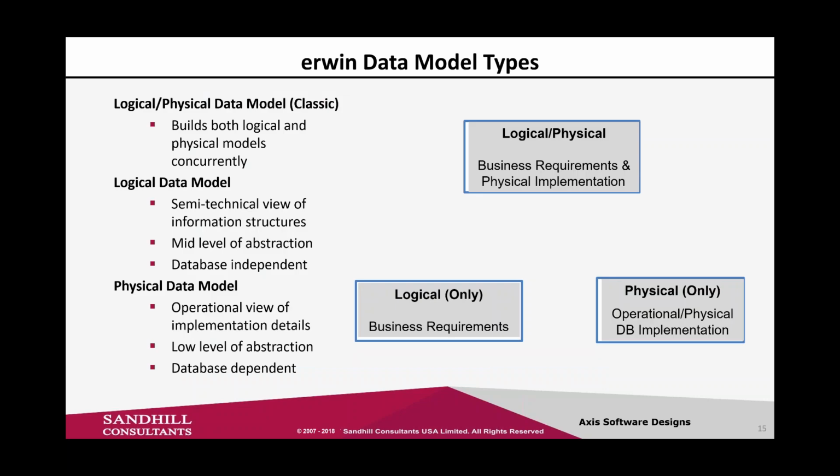Great. So most of you probably do know that Erwin has these 3 model types, the logical, the physical, and the combined logical/physical. So we have the ability to build all of these, but what we need to do is make sure that with the freedom that we have to create any combination of these models for whatever purposes that we may have, it's really important in terms of governance that we be able to ensure the quality of the content in these models, that they're standardized and so forth, as well as understanding the relationship that these models have from one to the next. Next slide, please.